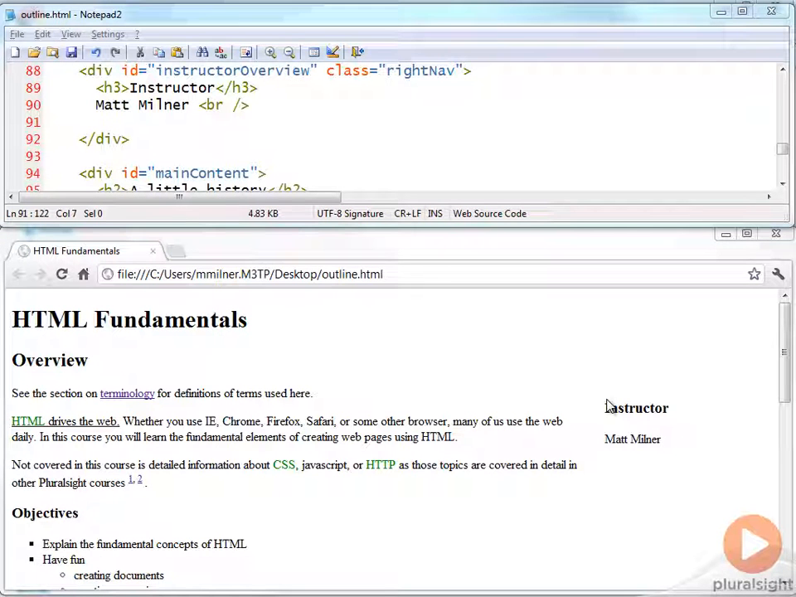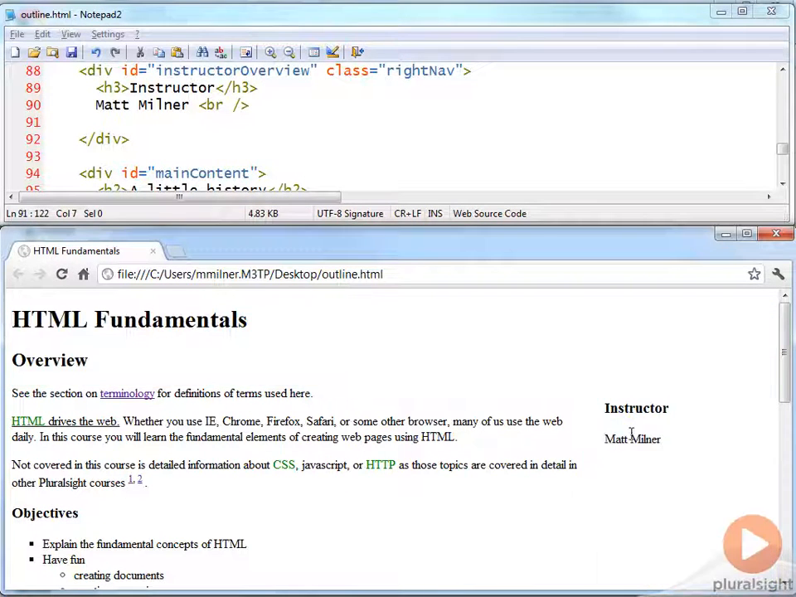I have my course outline page here, and I want to add some visual appeal. It's a little boring right now with just text and a white background. So over here on the right, you can see I've added a little bit for the instructor. And what I want to be able to do is, begrudgingly, put a picture of myself on the page here